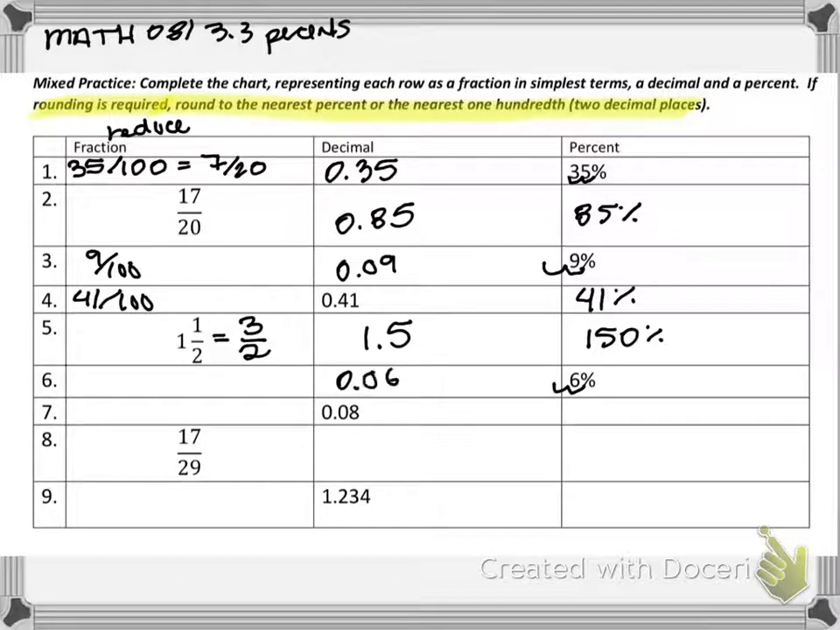It becomes 0.06, or 6 over 100. 6 over 100 can be reduced, and it reduces to 3 over 50. Okay, then we have 0.08. That's 8%. It's also 8 over 100, which reduces to, because they're both divisible by 4, 2 over 25. Okay? All right, the next one's a little bit tricky, because if you divide 17 by 29